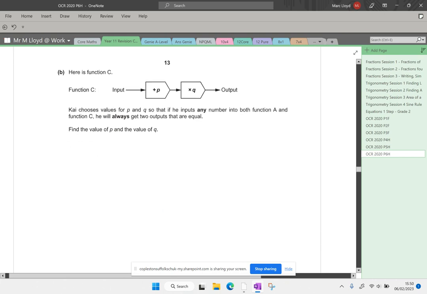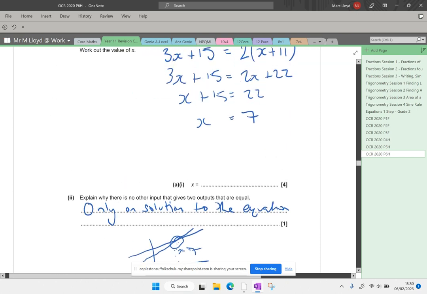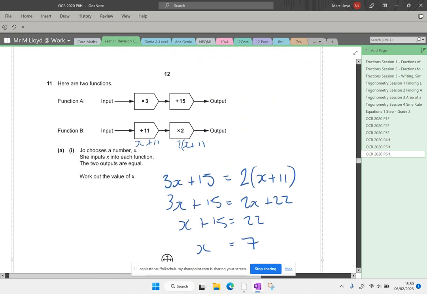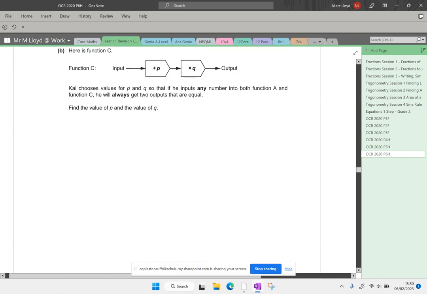Right, here is function C. Function C input plus P times by Q output. Kai chooses values for P and Q so that if he inputs any number into both function A and function C, he will always get two outputs that are equal. Find the value of P and Q. So what is function A? Function A is times 3 plus 15. Okay, so